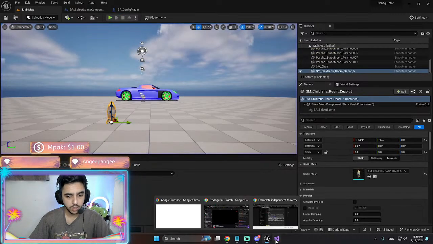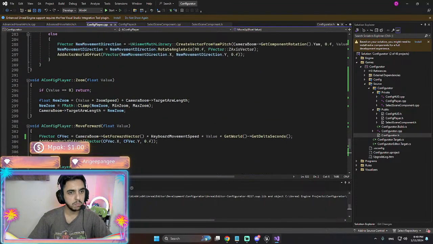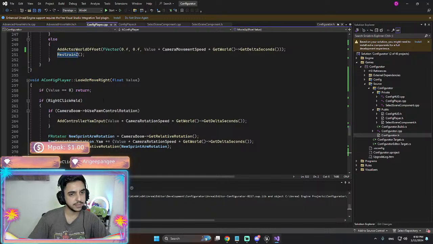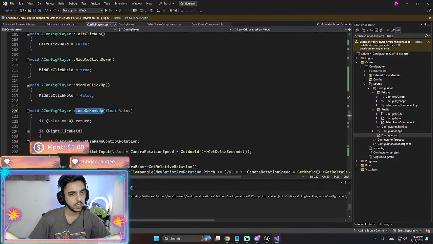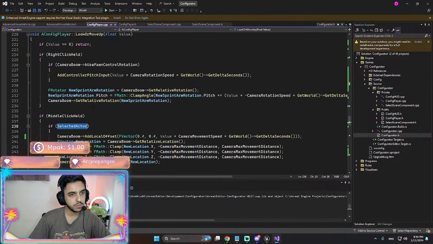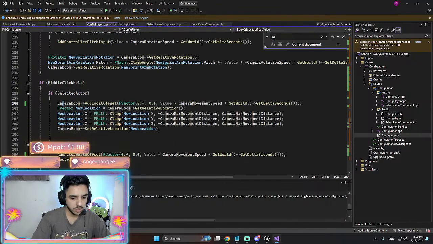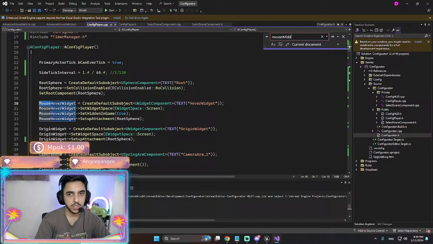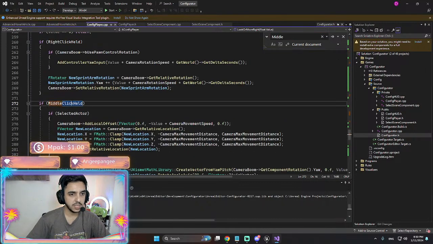With E and Q I can, but with the mouse middle button I can't. That's a big issue. Look up, move up. Mouse middle click held. Okay.